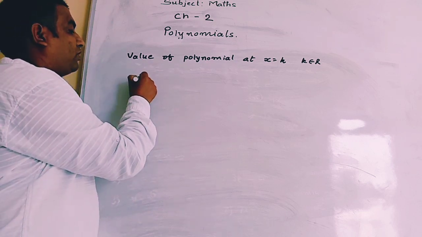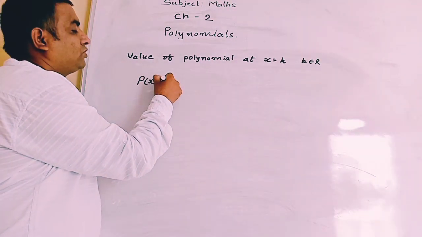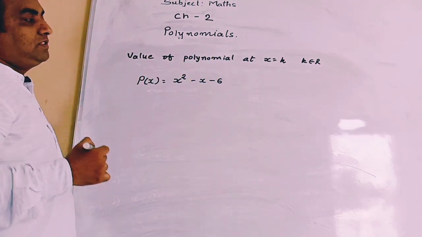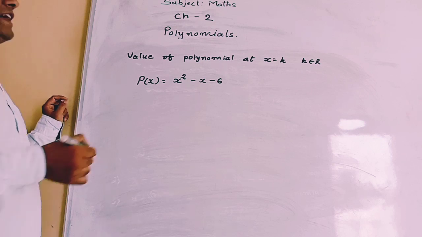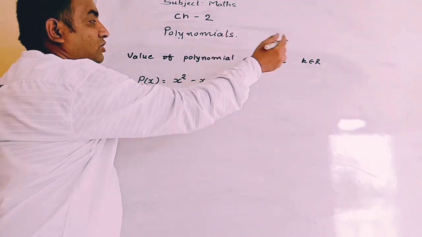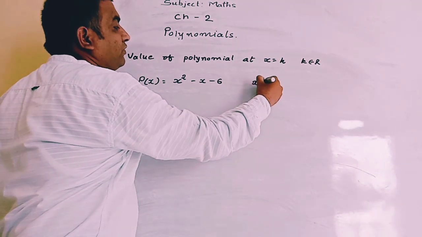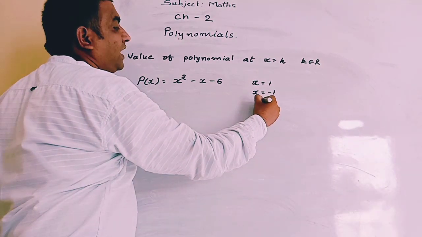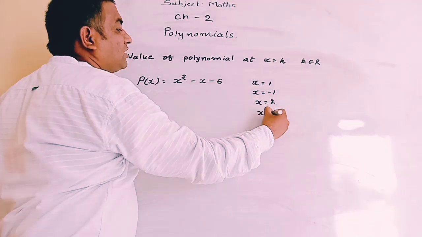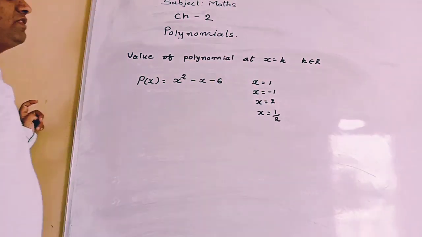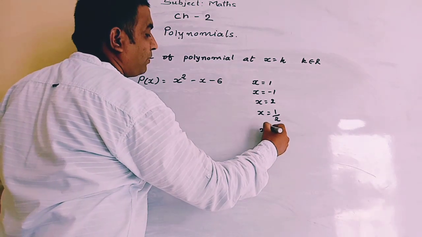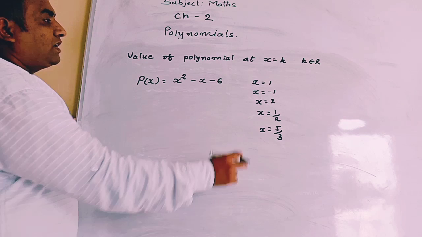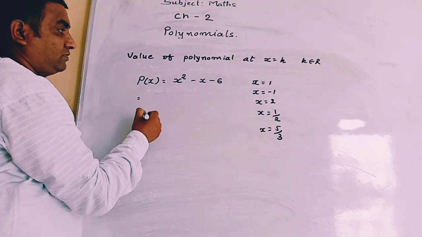So let me take one polynomial, p(x) equals x square minus x minus 6. Here x equals k, so k is any number. We can take x equals 1, x equals minus 1, x equals 2, x equals 1 by 2, x equals 5 by 3. Like this, so many numbers we can take. So if we substitute x equals 1,